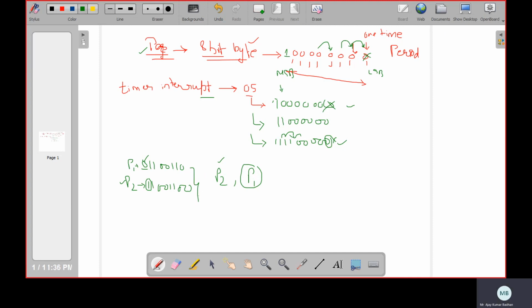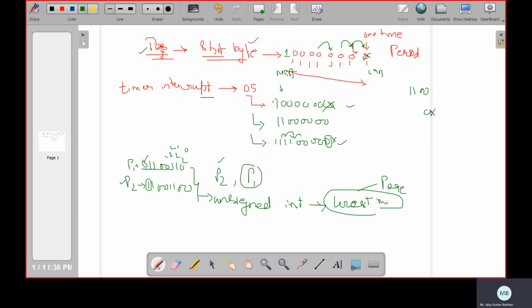If we convert this into an unsigned integer, the value with the lowest number is the page we will be replacing, the lowest value page. I think you know how we can convert this. Can you convert this from binary? It's possible, isn't it? So this is 0 into 2 to the power 0, plus 1 into 2 to the power 1, plus 1 into 2 to the power 2, and so on, like you have 1, 1, 0, 0.